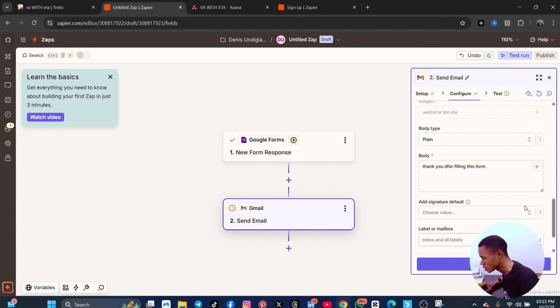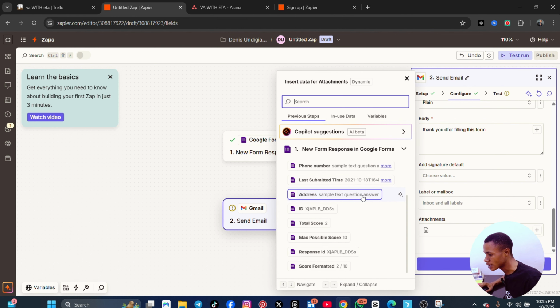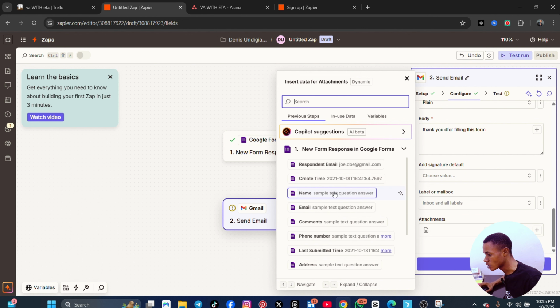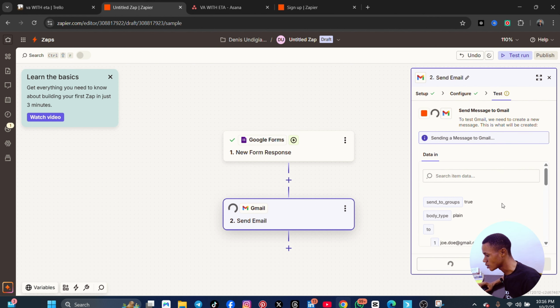So the signature, we are going to leave that. Then of course you have an attachment. Maybe you say if they fill that form, they're going to get a book or they're going to get anything. You have to add the book here by adding this attachment. When you click here, you can choose the attachment for whatever you want to attach, like the book. So let's choose this one there and click on continue, and then of course you're going to click on test